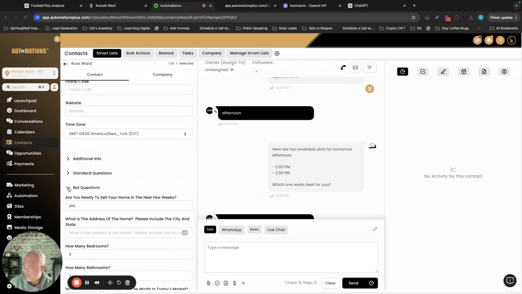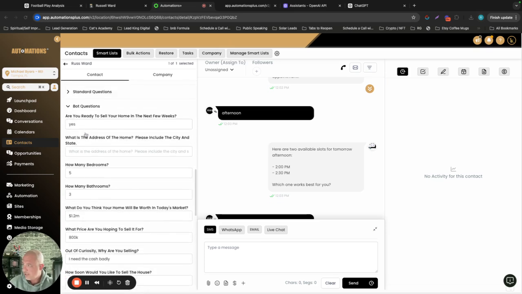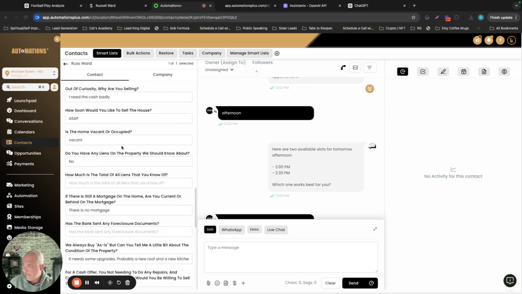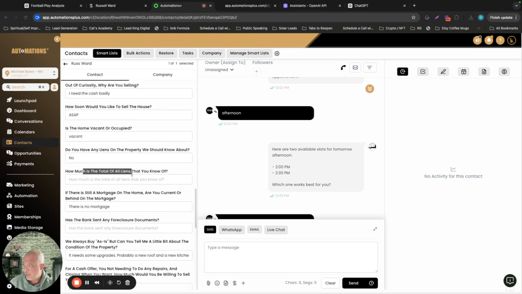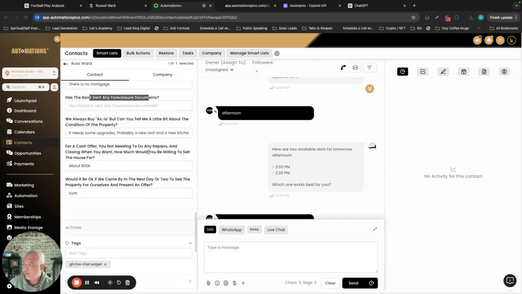And then when I'm making bots or testing or demoing, I always make a folder called demo bots. And this is where it saves all the answers to questions. So the only question it didn't save was what's your address, because it saved it in the contact address. But everything else, except for the ones it wasn't supposed to, how much is the liens? It didn't save that because we told it we didn't have any liens. And where you sent any foreclosure documents, again, didn't save that because we didn't say we were in foreclosure.